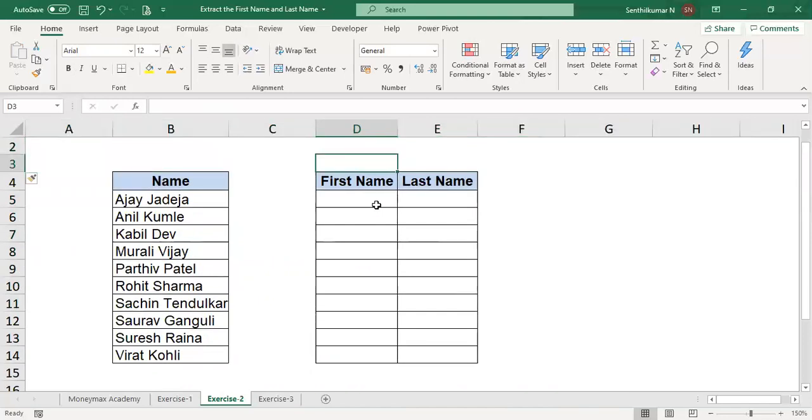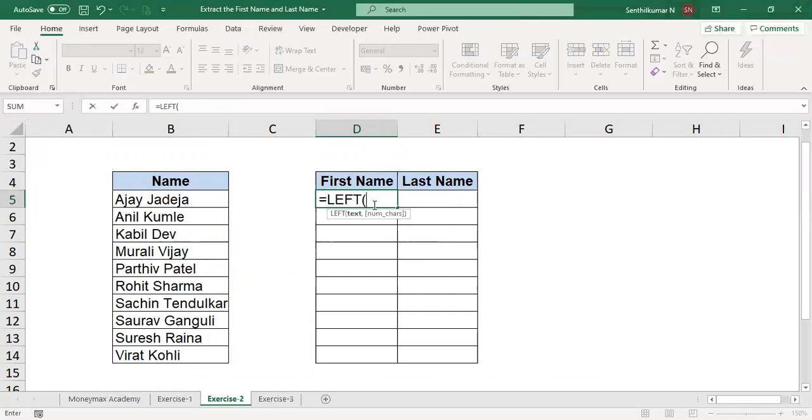What is the formula I am going to use? Left, and then select the data, comma, then the find formula: open the apostrophe, space, close the apostrophe, and then comma, again select the data.